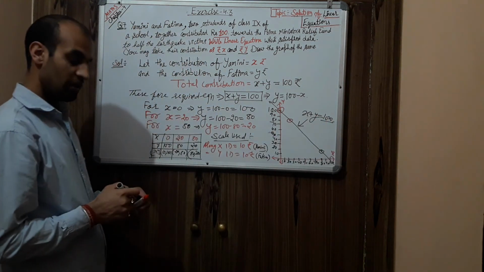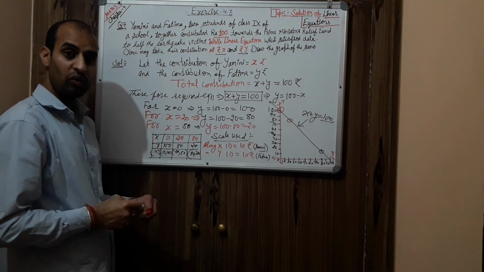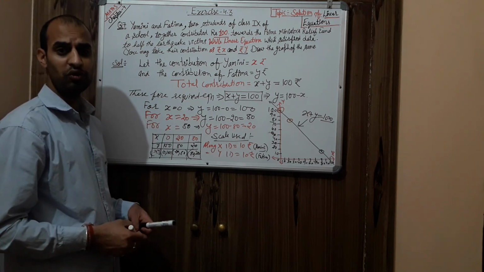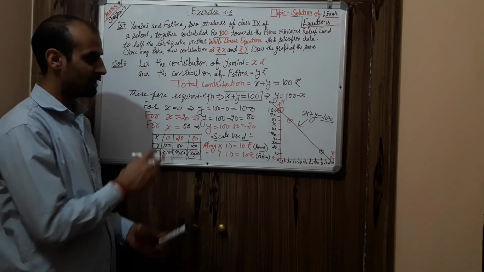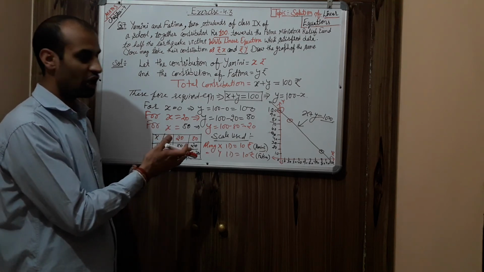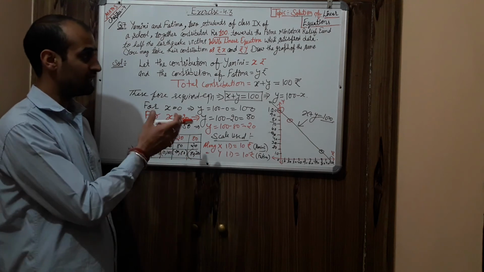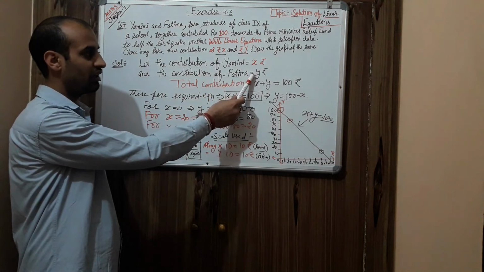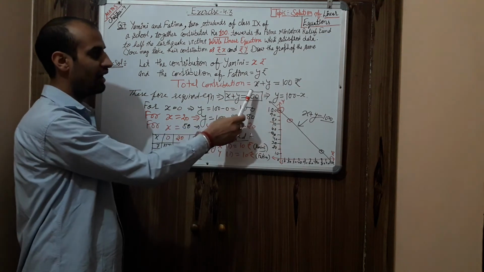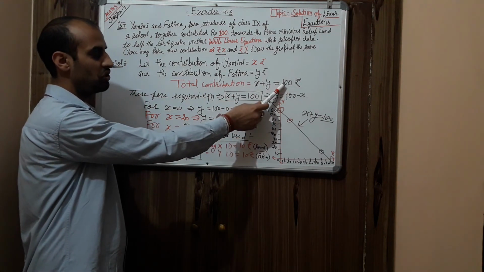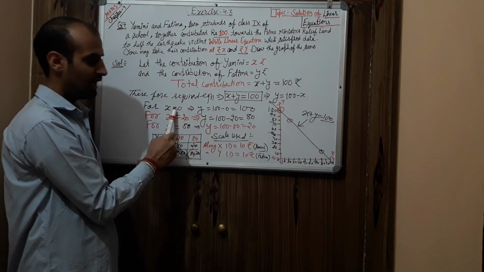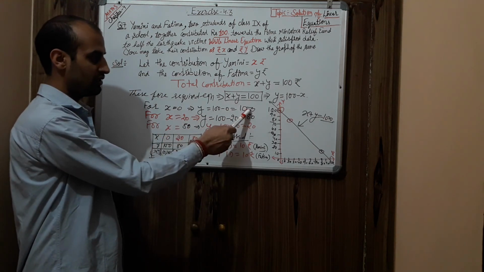I hope, my dear student, you are now able to utilize linear equations in two variables in your day-to-day life. This is a very interesting example. You can solve it very easily. First write the contribution by the first girl, then the second girl, then add the contributions and write it in the form of a linear equation in two variables. Then start substituting values for one girl and you will automatically get the value for the second girl.